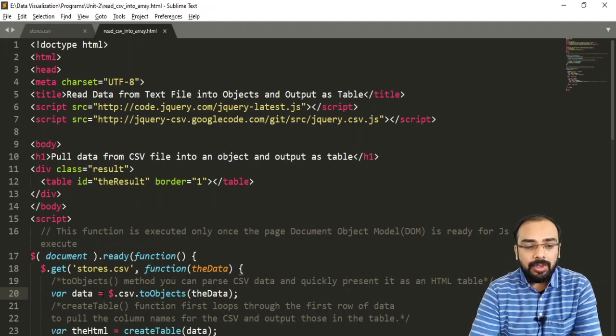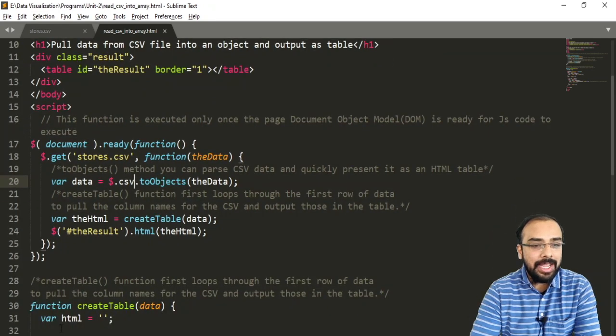Now what our task will be, once we have the data, is to create our table. So for that we have created a function which is named as create table. So first let us understand this function, as I have just invoked this particular function over here. What is the use of this particular function? Depending upon the data or number of records you have, we are dynamically creating our table. Inside this we have passed our objects. So here you can see it is stored over here and the function is invoked from here. So we need to pass parentheses over here.